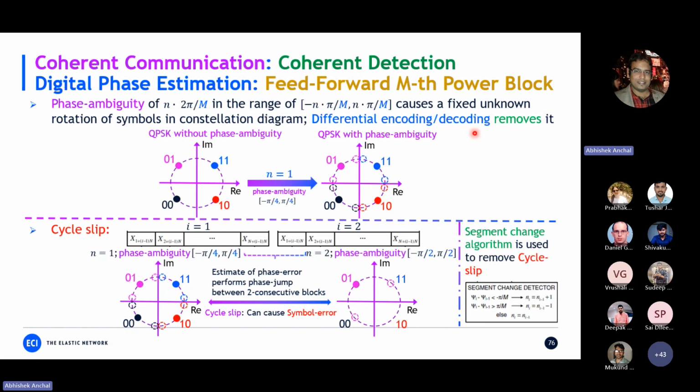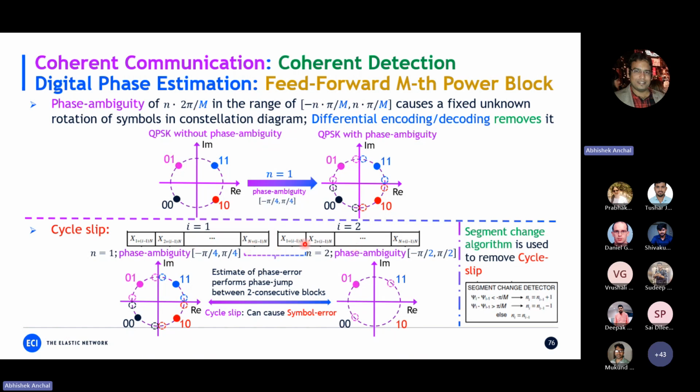So far it's good, and differential encoding can help you, but there is something called cycle slip. Why cycle slip happens is because at one time we can only process n number of symbols or n number of samples, and we need to go in a loop: take a sample, convert to parallel, go through all the operations, take another one. So when the computer works on a certain sample, it can select a certain value of n for phase ambiguity, and for the next cycle, we don't know which value of n it will select. For example, if here it selects n equal to 1, and here it selects n equal to 2, it's a different phase ambiguity. Even if you use differential encoding, so far it is good in both cases, but